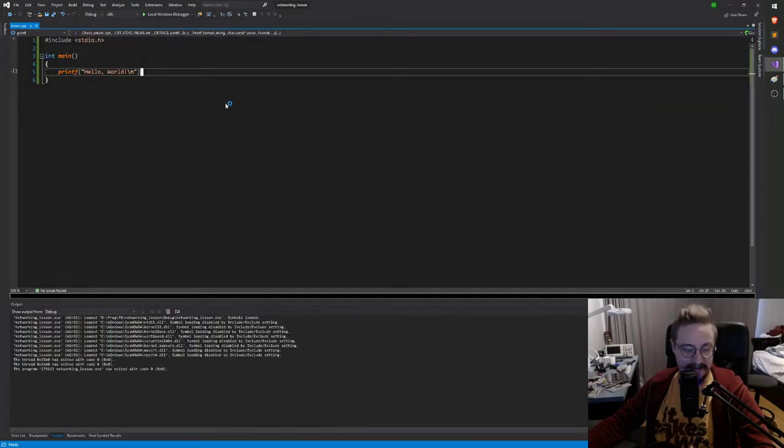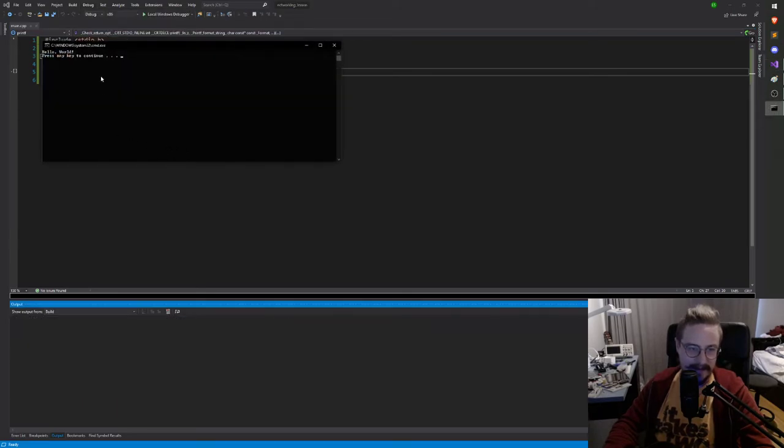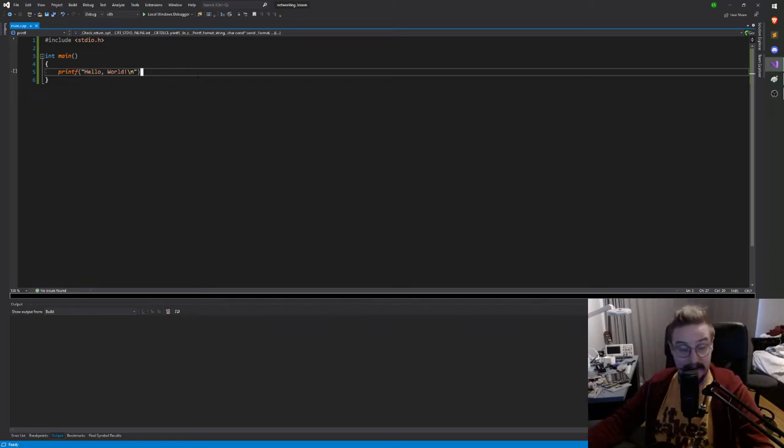And well, we had it up for like a second, but I want to actually see it. I think I found this today actually. You could do start without debugging here, Control F5 for me. And then I will insert this system pause here for us, so we can actually see our work being done. So hello world, press any key, and it goes down when I press any key.